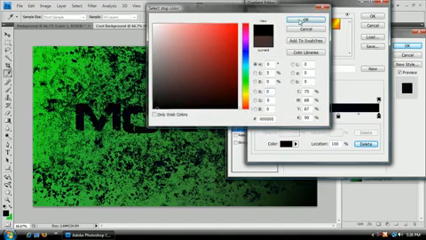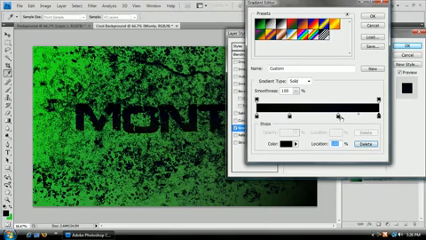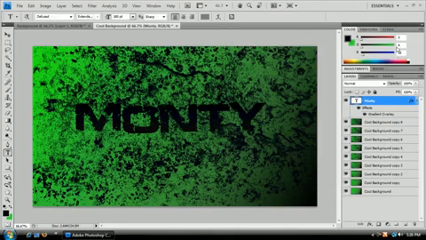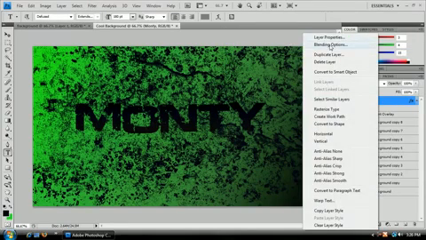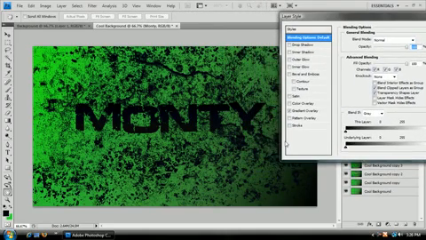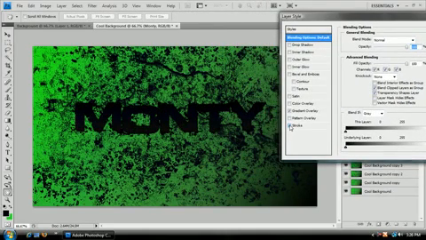So there we go. And if you want a lighter, like gray color at the end, so it kind of fades out or something, you can do that too. But that's good enough for me. Oh, frick. Don't close out every blending options. Keep it there. Next, what we're going to want to do is go to your stroke and click on that,